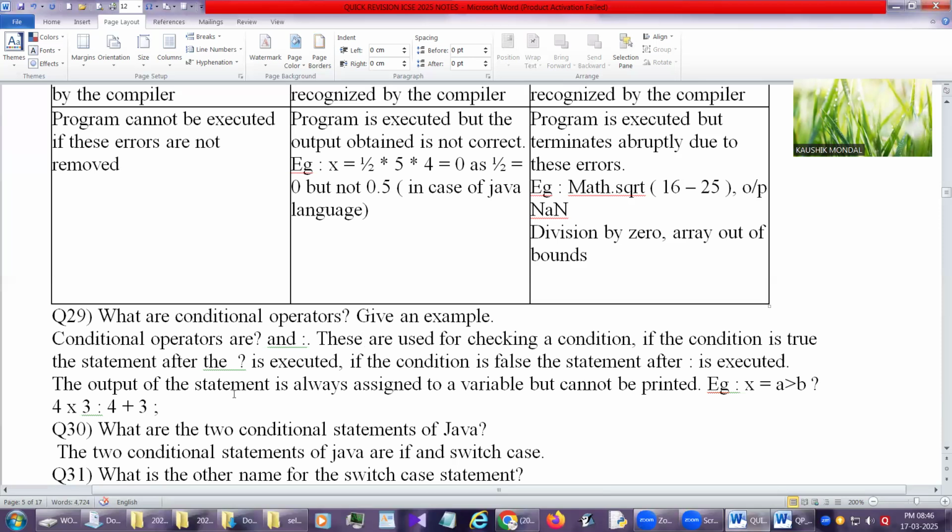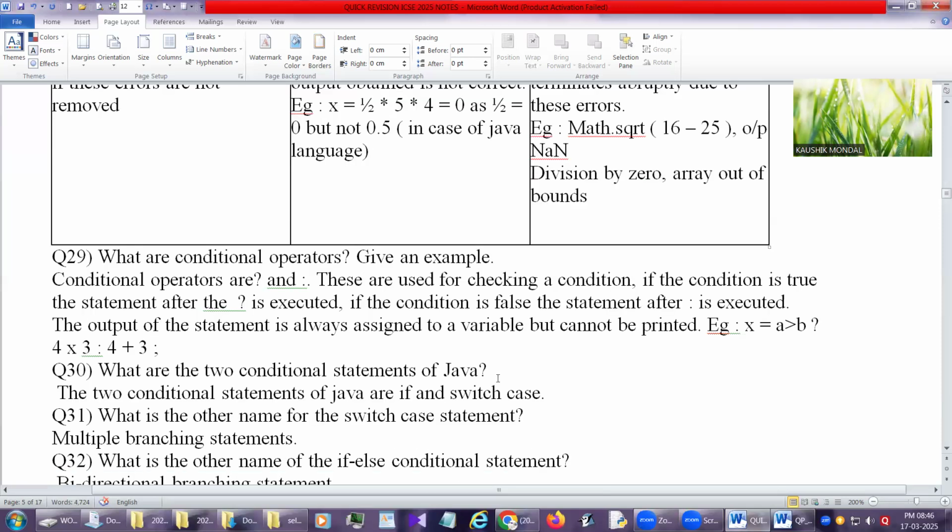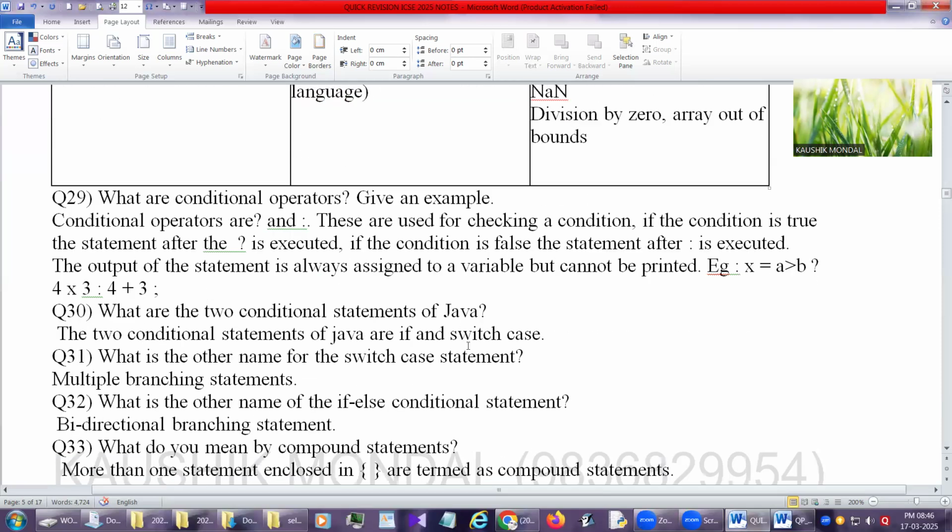Next one is, what are the two conditional statements in Java? We know that if and switch case. For if, else if we can use. Another one is if ladder. What is the difference between these two? If, else if, and if.